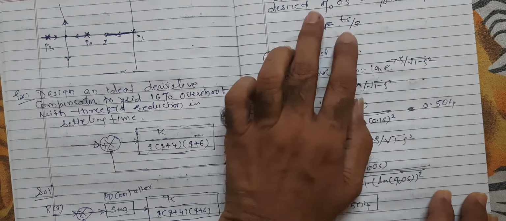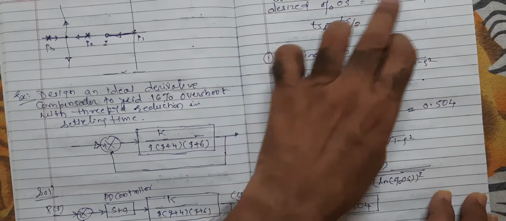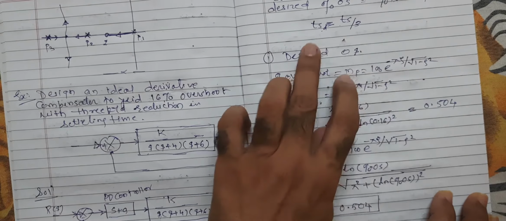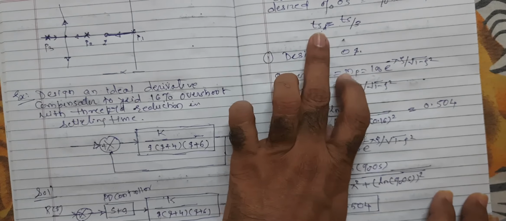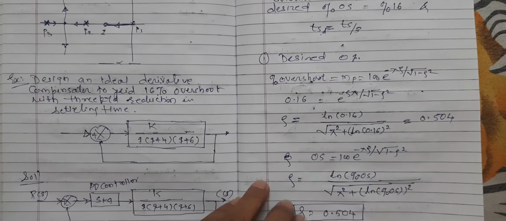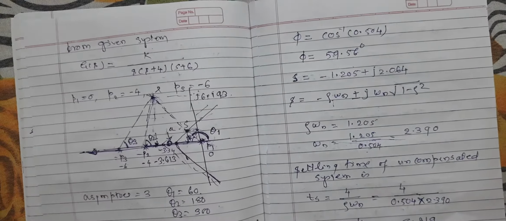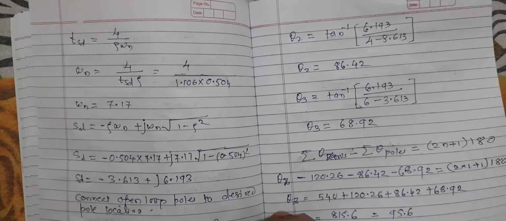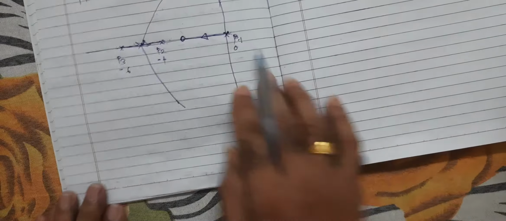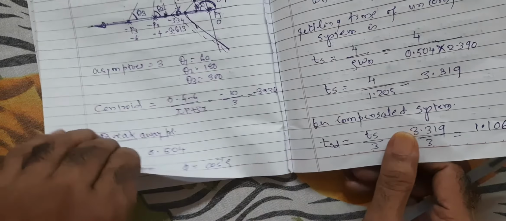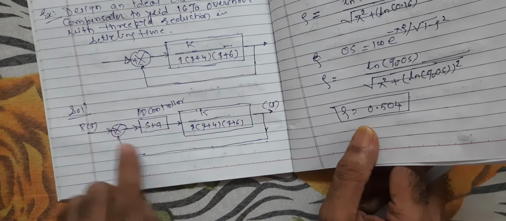See here, we have already mentioned: calculate A and K for the desired percentage overshoot and the desired settling time, that is 1/3 of the uncompensated system. Now for this one, we know, if we solve this one,